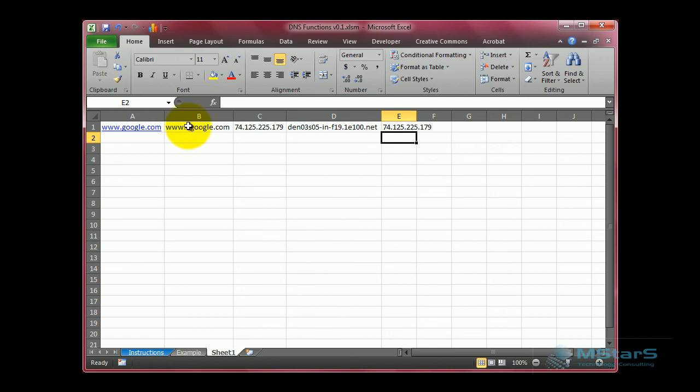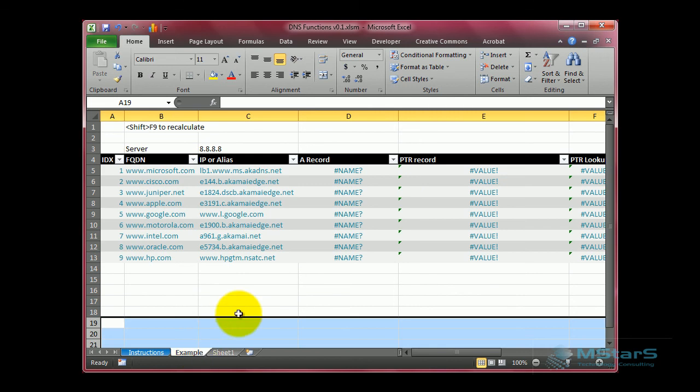So this briefly shows you how to use the DNS lookup function. Basically, if we start with an alias, we will get back a name, and if we look up a name, we will get back an IP address. If we look up an IP address, we will do a PTR lookup, and we will get a name back. So now let's look at the example. Now in the example,